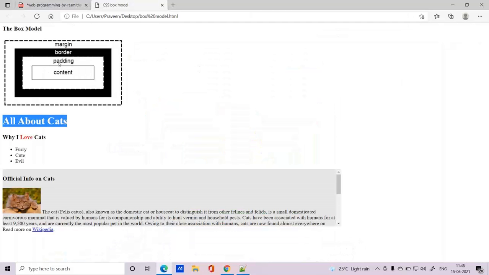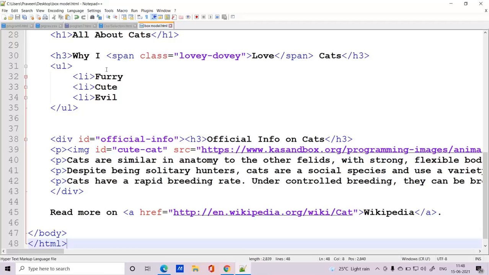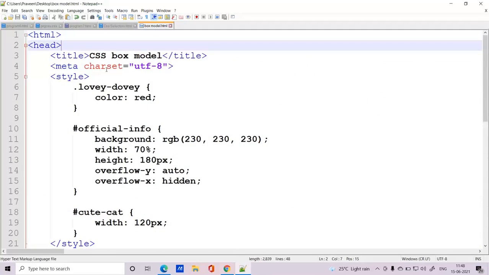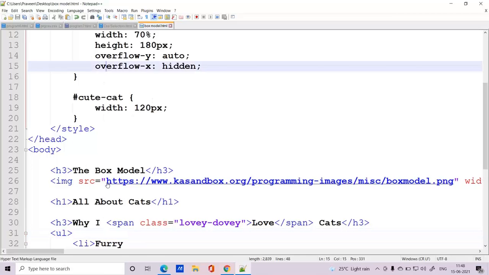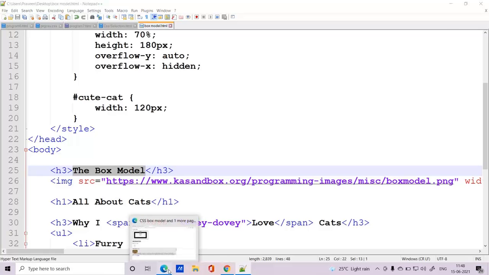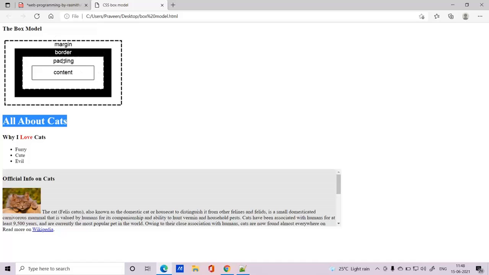So in this box model, if you observe, I consider the word content as the actual text, and this is the border, and padding is given by some space. Now to do that, I'll be giving an example program here. I've used this image, an online image that will be representing our box model, which contains all those details of how the box model is represented.